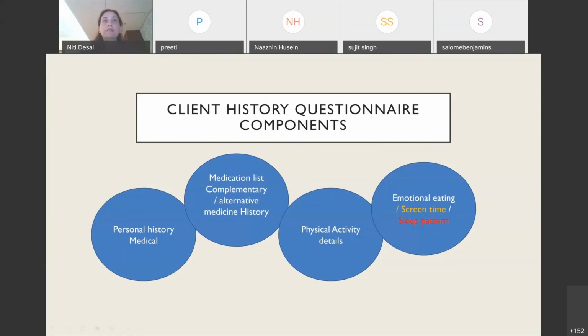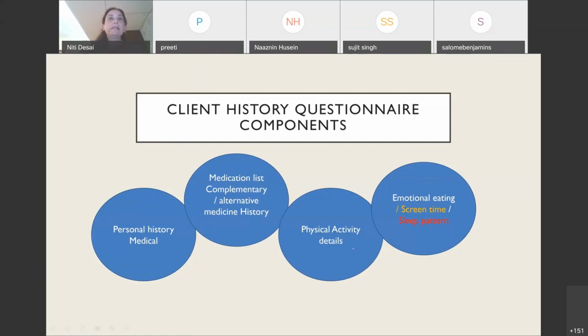Many patients, in fact, take a lot of complementary alternative medicines. Again, that is something we need to know, and this becomes even more important when we see renal patients, because very often these are nephrotoxic. They may be leading to elevated potassium levels, or even increasing the damage to the kidneys or impairing the renal function further.